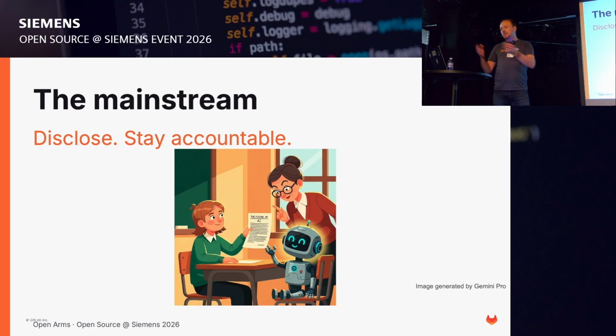LLVM has said human in the loop always, but if you're picking up one of those good first issues that they leave out there for new contributors, don't bring your AI agent along. Those are really for genuine people who are looking to learn the project. Take your AI contributions to something bigger, something a little bit more meaty, that you wouldn't necessarily be learning from. A number of other projects have